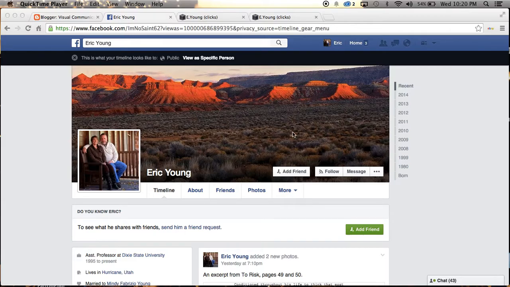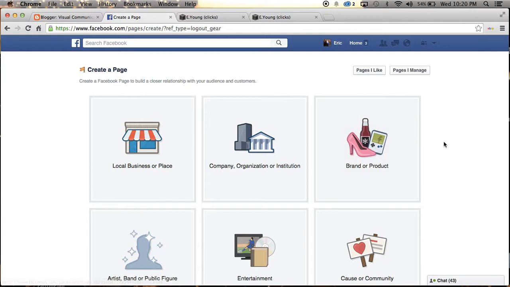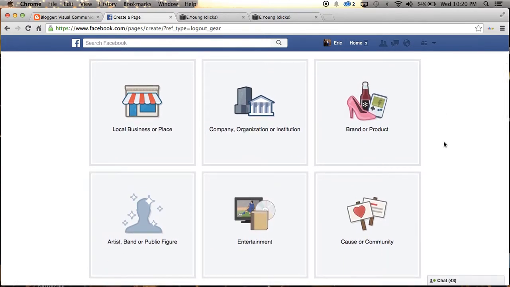I'm on my personal page here now, and I'm going to go up to the upper right-hand side menu, and there's a little arrow there, and if I click on that, a little drop-down menu comes down, and you'll see here a number of choices, one of which is Create Page, and that's what I want to do. This page is different than my personal page. In fact, the two really aren't connected, but I need to have a personal page set up so I can